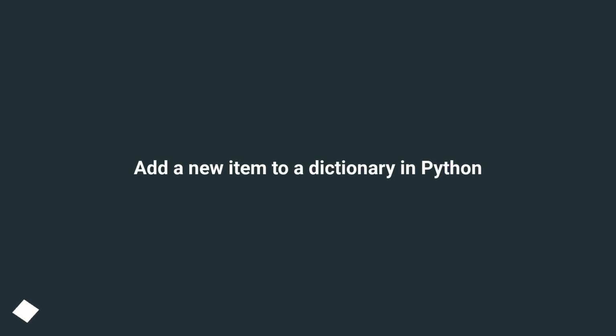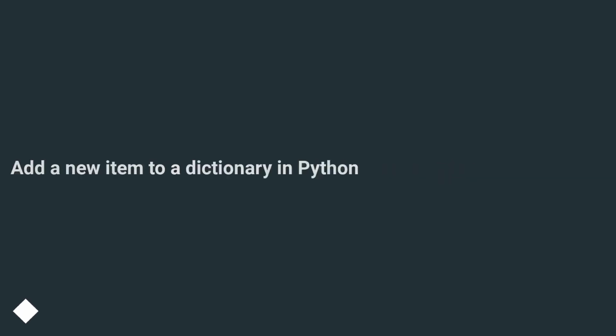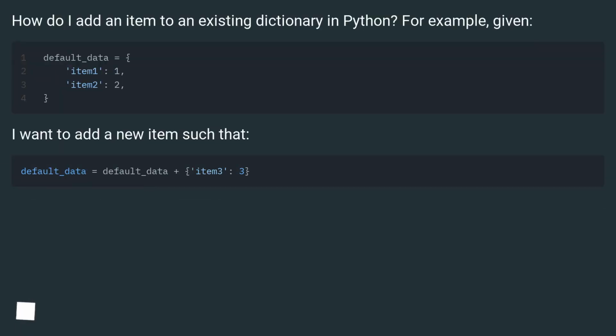Add a new item to a dictionary in Python. How do I add an item to an existing dictionary in Python? For example, given. I want to add a new item such that